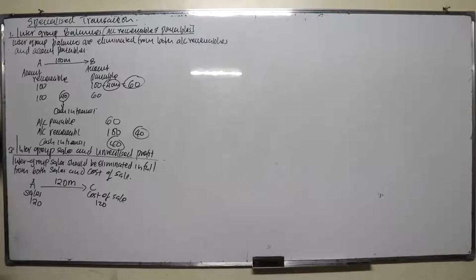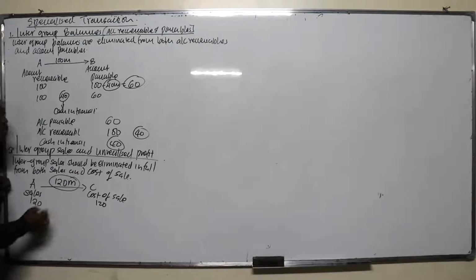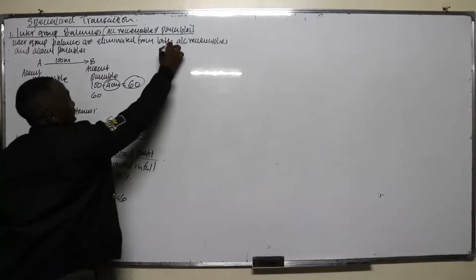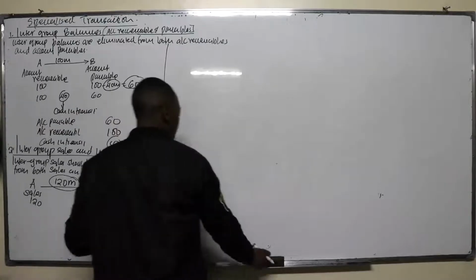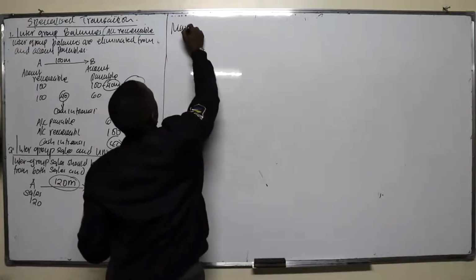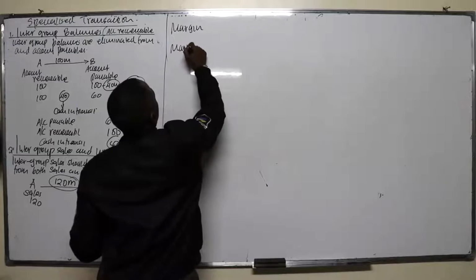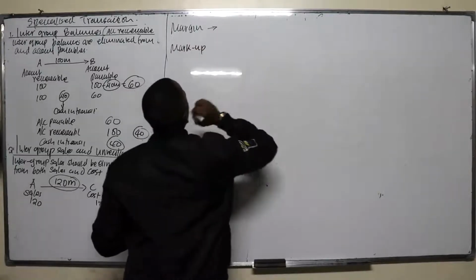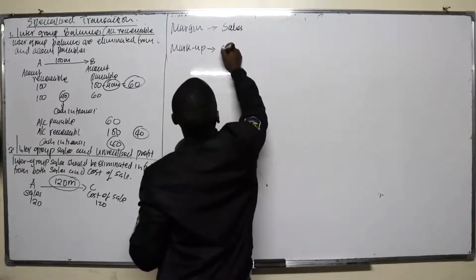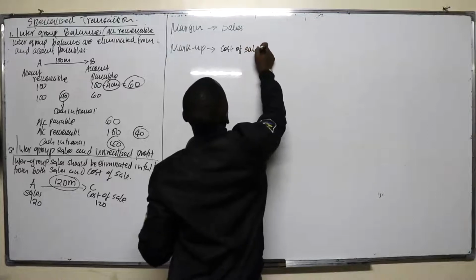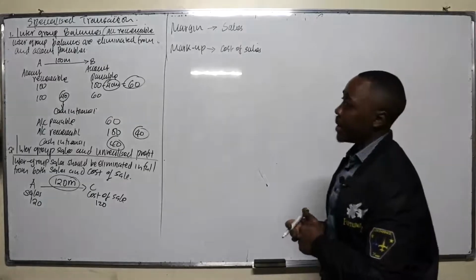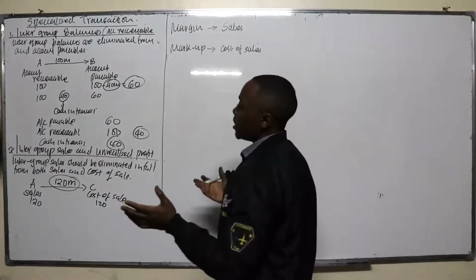So that means of this amount of 120, we have what we call the profit within the group. That's what you call the unrealized profit. Now, for you to understand the unrealized profit, number one, you have to differentiate between markup and margin. Margin is based on sales. Markup is based on cost of sales. So if you're told that A sold goods to B and made a margin of 10%,